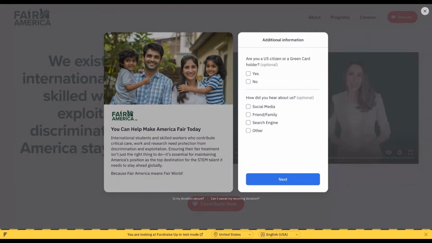So the reason we are asking that question is that if we spend any money on any kind of political activity, we will only spend it if we have received donations from a US citizen or green card holder. So we want to keep that fund separate.